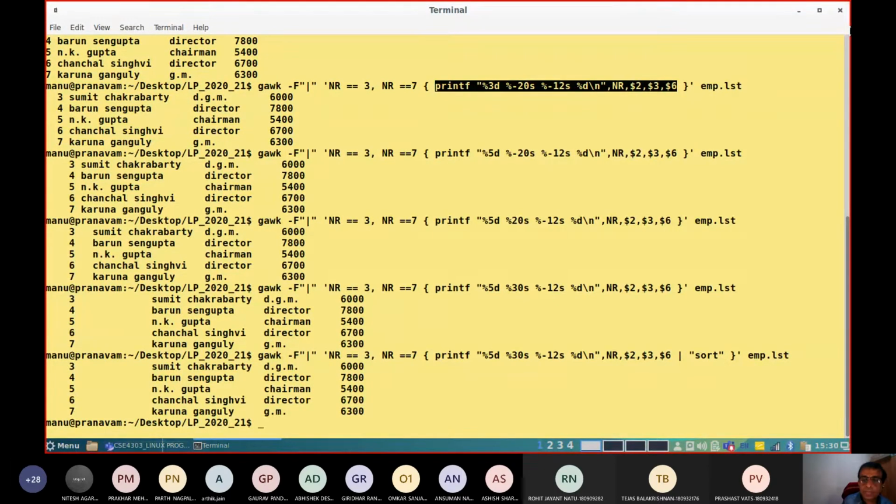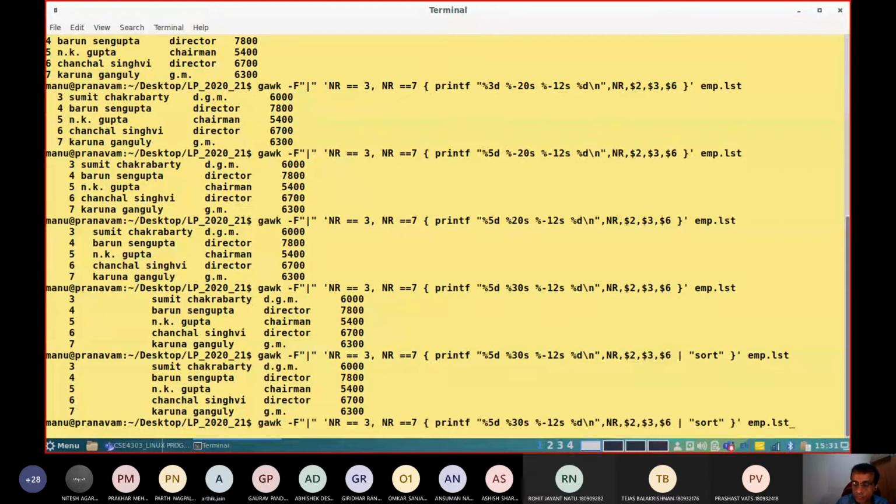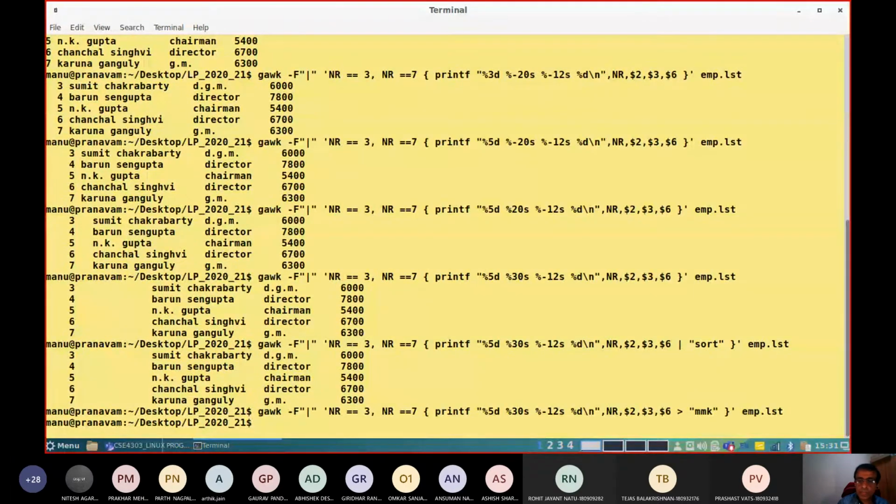Let me check it. Now, in the previous command you may not find a difference because NR is already sorted, the line number is already sorted. Now look into this particular case.